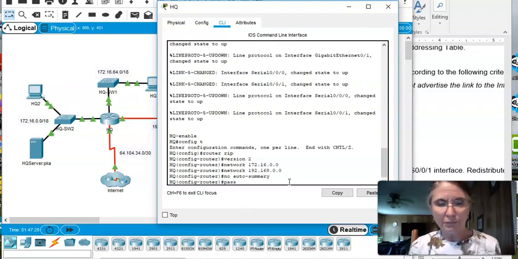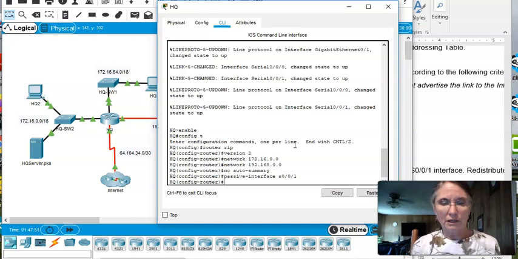So the passive interfaces are going to be this network to the internet that we just mentioned. So that's the serial 0/0/1, and we have a passive interface also